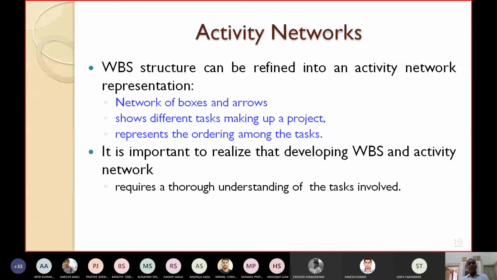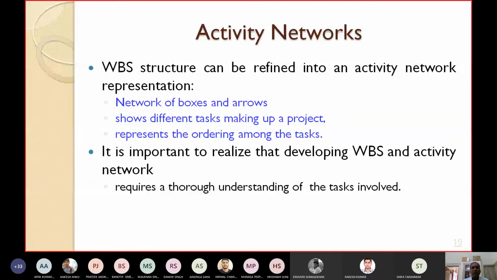As I have already told, there are two things: one is activity on node network and another is activity on edge network. Let's quickly say a little bit about activity on node. In the activity on node network representation, each activity is represented as a rectangular box. Some books use a circle instead of a rectangular box. Both are okay.